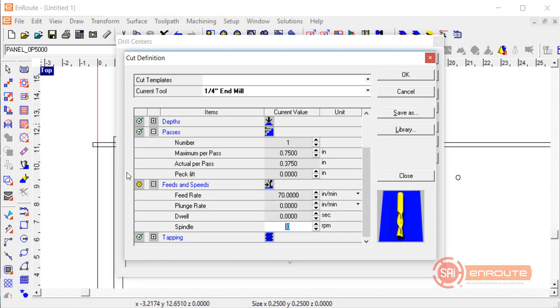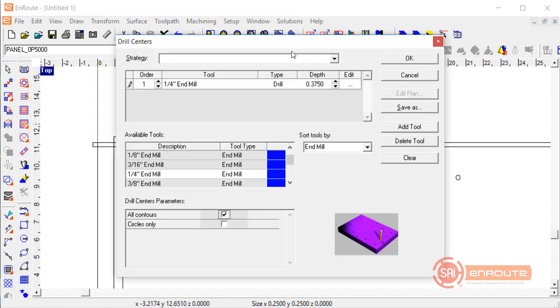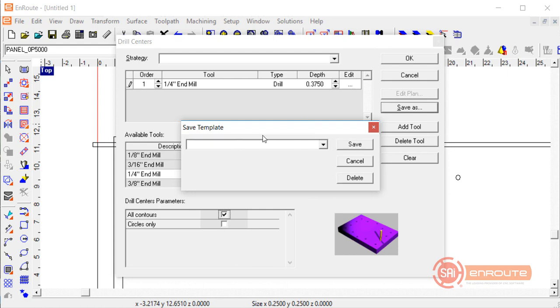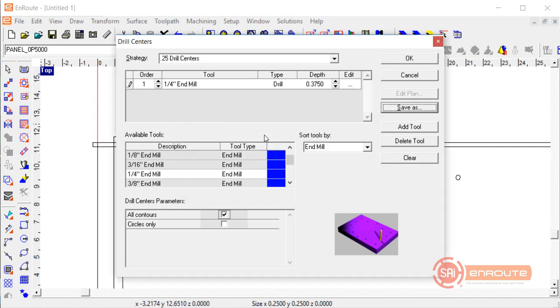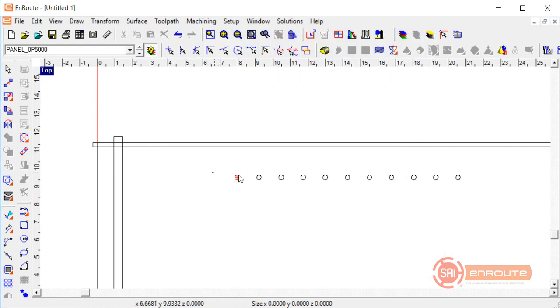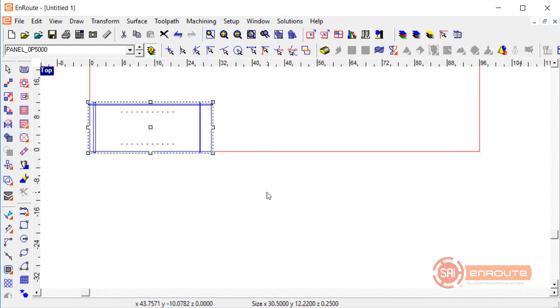The drills, you tend to usually go not quite as fast on the spindle speed because they're just going to burn a little hole there if you go too fast. So I'm going to do save as here now, and this is how I save my strategy. 0.25 drill centers, save. All right, now I have the 3 kind of toolpaths I need for running this job,